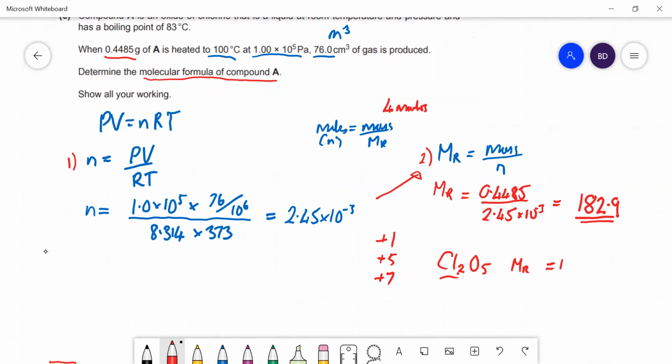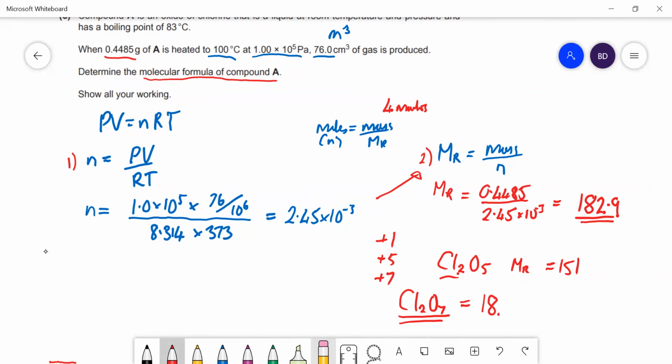151, so that's too low. So it's probably the +7 oxidation state, and the formula of that oxide is going to be Cl2O7. And if we work that out, that is equal to 182. So that is the molecular formula. Just check that, it's 182 or 183, so it's 71 plus 7 times 16. It's actually 183,